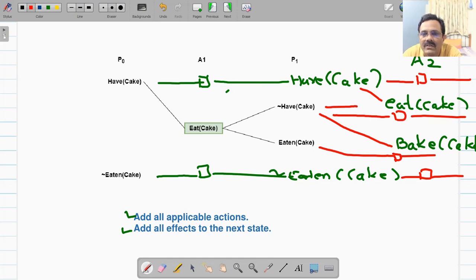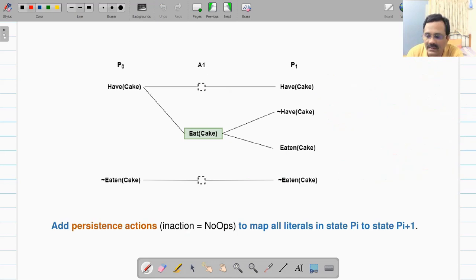Not have cake also you are going to extend. So the effect of this eat cake will be not have cake and eaten cake. So you will be adding the proposition there, and then you will have effect links from A2 to that P2, and then your graph will look like this.